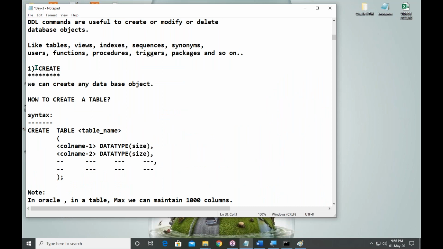By using the create command. What is the syntax? Create table, table name, open bracket, column name, data type, size. Again, column name, data type, size.